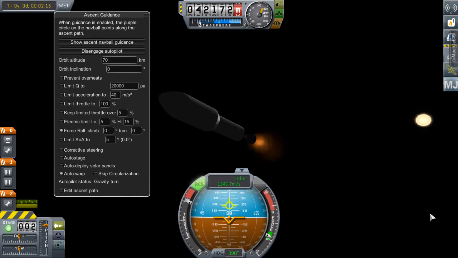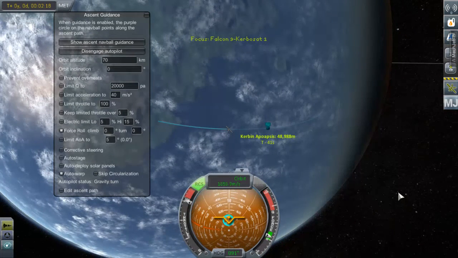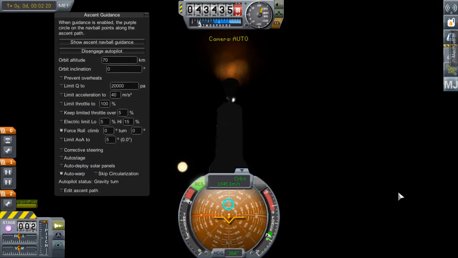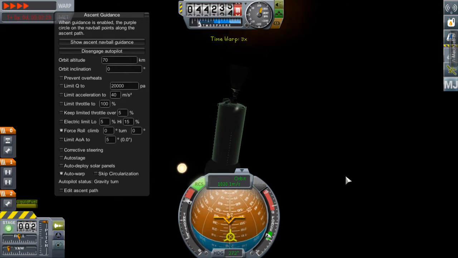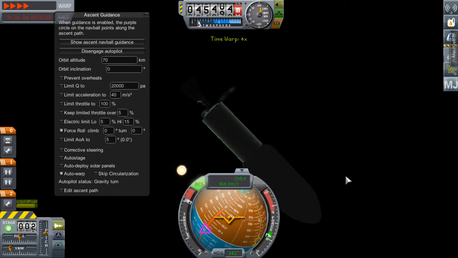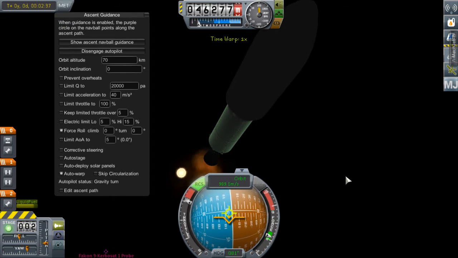Second stage systems running. Attempting a velocity gain, reorientation to